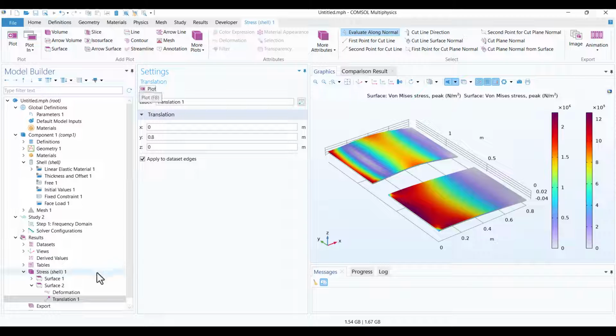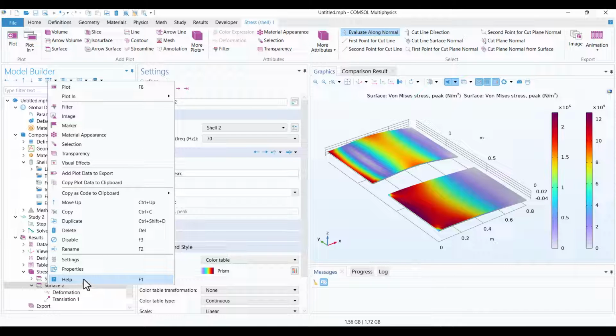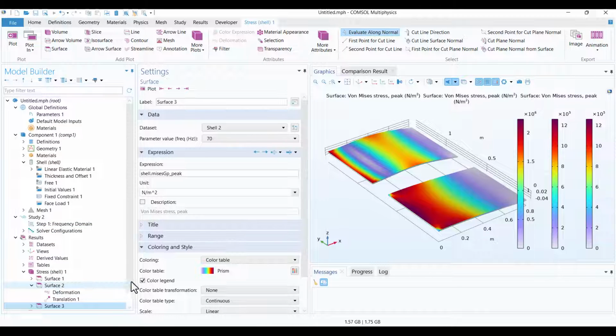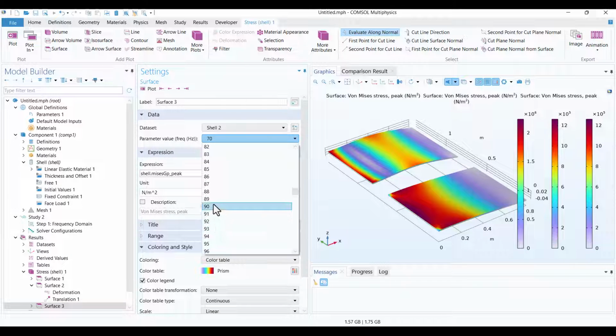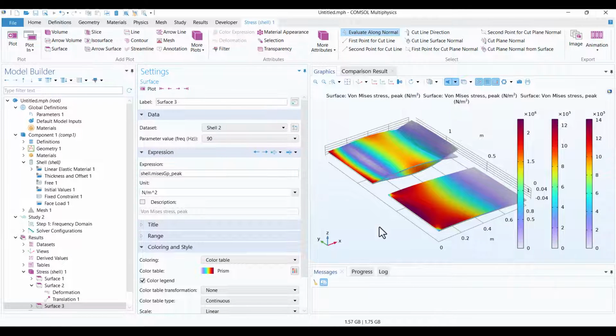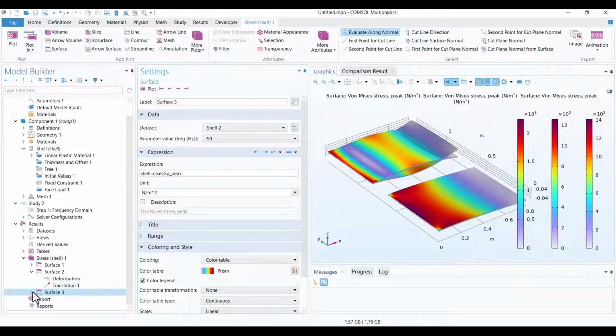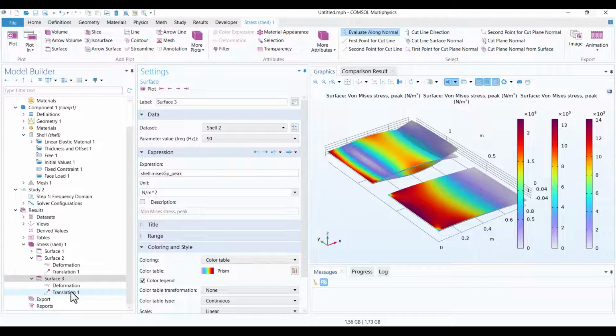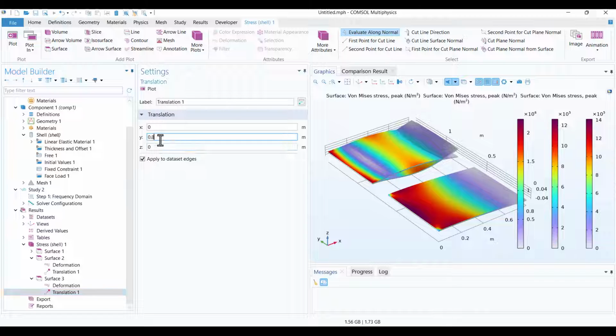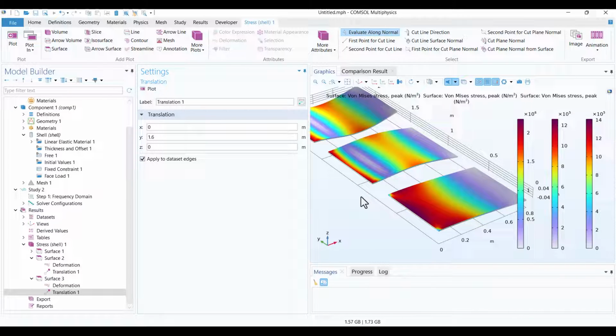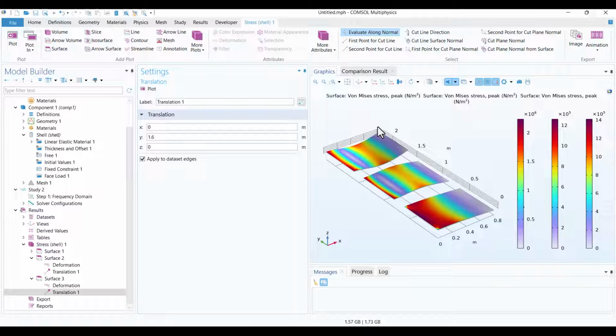Right-click on the Surface 2 result node, choose Duplicate, and then change the frequency to 90 Hz. Click Plot. Now I'll expand Surface 3. Click on Translation and enter 1.6 meters. Finally, click Plot again. Now we have 3 plots side by side, but each one still has its own color